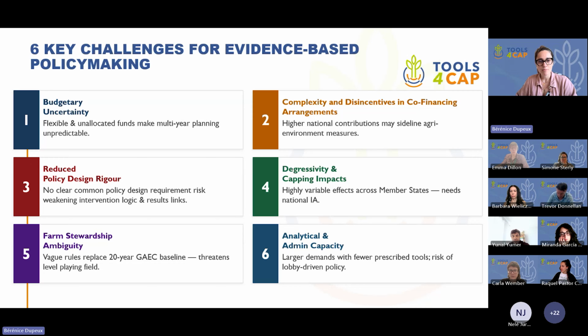Finally, regarding the farm stewardship, it did replace a baseline that has been established for about 20 years. And because there is more discretion for the member states to adapt it to the local conditions, there is a bit of a threat to the equal level playing field in the EU, and therefore we have to look closely to maintain this level playing field. And finally,